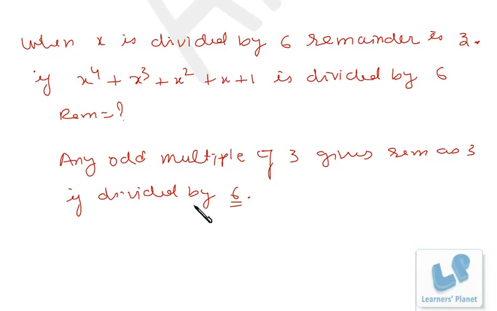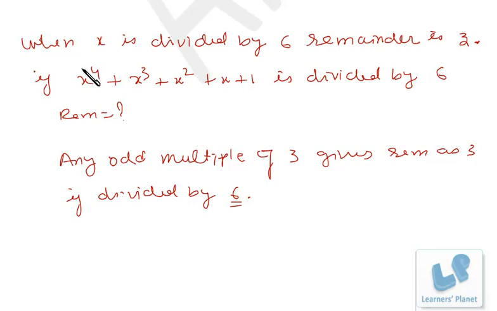Now, if you know this concept, then no paperwork is required at all, right? Now, this odd multiple of 3, if it is raised to power 4, doesn't matter. Still, it will be an odd multiple of 3, because an odd number raised to any power will produce an odd number, right? And if it is a multiple of 3, it will still produce a multiple of 3, right? So x raised to 4 will also be an odd multiple of 3.